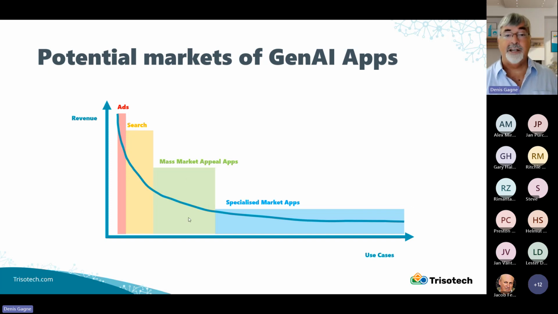And then we have those mass market appeal type of apps, probably more B2C than B2B. And I would argue that the B2B type of applications are probably going to be more in the specialized market, where because you're in the specialized market, you may not have as much room for creating apps that are really profitable. Now, although I've charted this as revenue versus use case, you could have charted that in terms of differentiation, and probably in this range here of the specialized market apps, differentiation may be hard to hold on to as things are progressing so quickly.